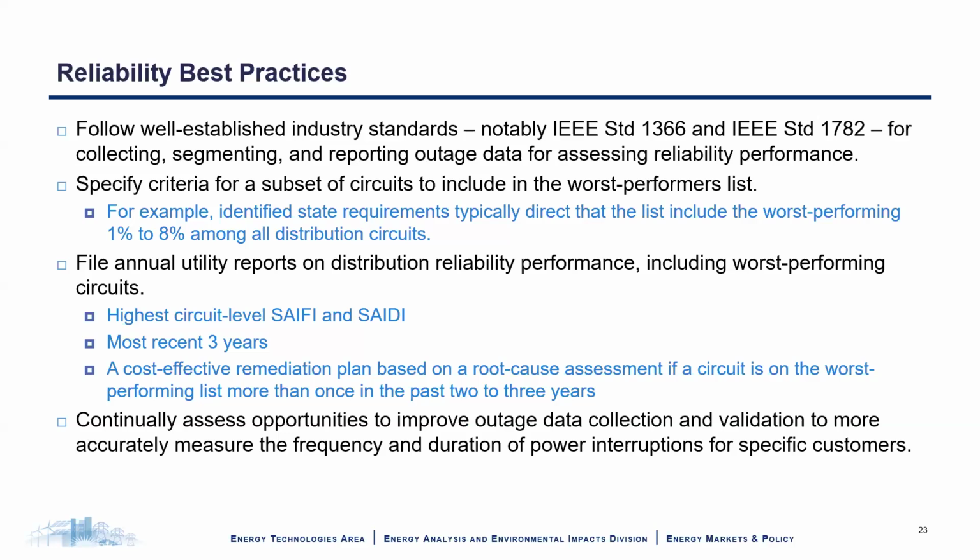So in terms of reliability best practices, as Miles noted, looking at the standards under IEEE 1366, there's also another standard, 1782, for collecting the information and reporting it. That's important. As I touched on, specifying a criteria for a subset of the circuits to include in a worst performing analysis. As I mentioned, maybe 1 to 8% of all the distribution circuits is what we see in a number of the states' requirements. Annual reports on distribution reliability performance, including the worst performing circuits, and a root cause analysis as part of that as well. Often that's done with a rolling 3-year look back so that you can see trend analysis,